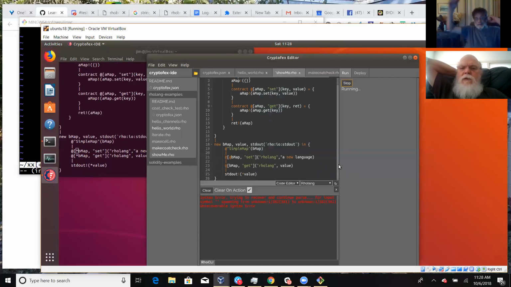Well, this is a good use case for me. And what it does is it gives us an object with an unforgeable name, which is consistent with the capability model. Would you put that in the channel so that I can play with it?